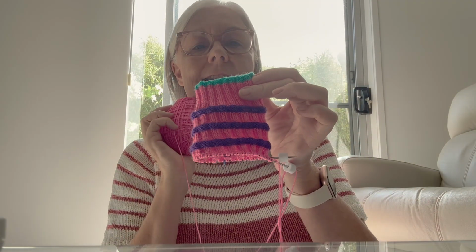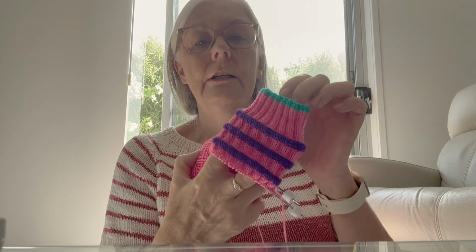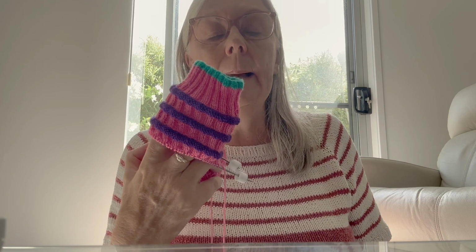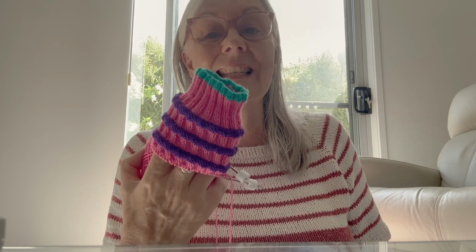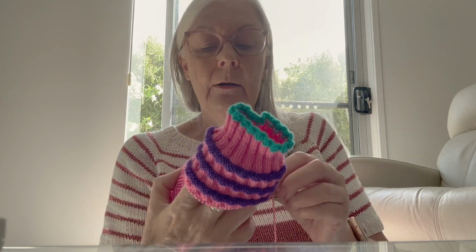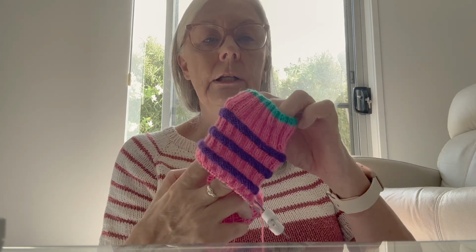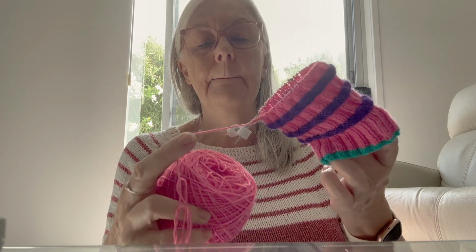I've only just started on the first sock, so I'd really doubt, mostly because of the commission knitting I've got, I really doubt I'm going to get the February socks done in February. And I'm still working out how I want to knit them. Like this one I have done some magic loop, and then I got the